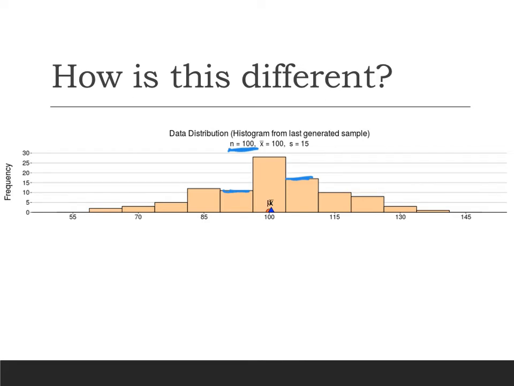So what if I take and I find 1,000 sample means. I find X bar for 1,000 different samples, just randomly selecting people, since these are IQ scores, from that population. That's going to look different because when I average or take the mean of multiple values, so again, X bar with n equals 100,